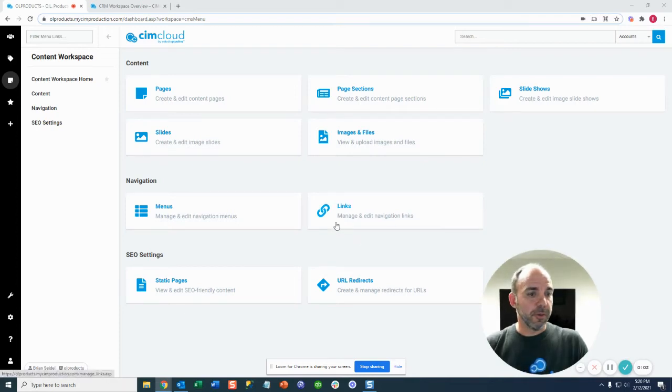This is an overview of the content workspace inside the CIMcloud Worker portal. To access the content workspace, you just log into the Worker portal and hit this icon in the toolbar on the left, and that will open up the content workspace inside this menu drawer and expose the links. We are on the content workspace homepage right now, where you're seeing a listing of the sections and links